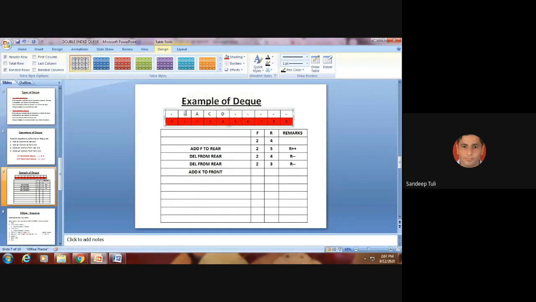It is 1. Front is 1. Here it is F minus minus. Here F equals to 3. Okay, B is deleted. F plus plus, like, automatically it is being deleted. Suppose I have forgotten to delete it. Is it okay now? So you need to see accordingly, that you will make on your own.